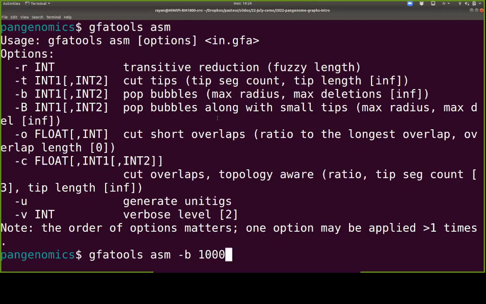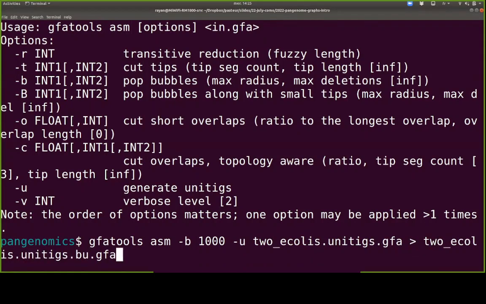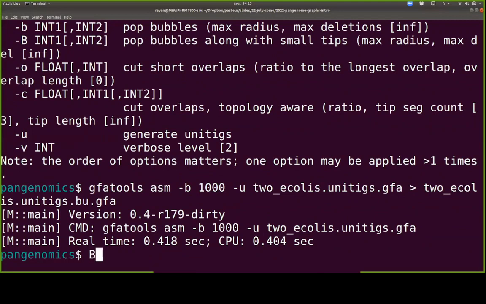So I'm going to say 1,000 here, and then -u to compact after removing the bubbles. Let's do it, and the output will be just another name, the BU. It's usually very quick,